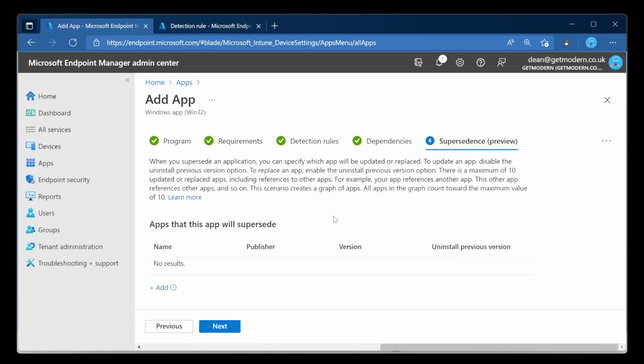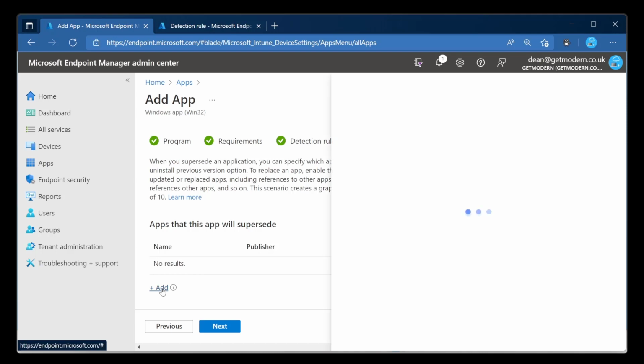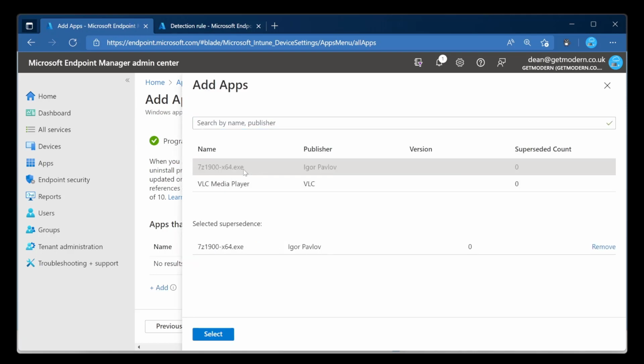We'll choose next. And this is where we've got supersedence. This is the point of this video, right? So it's possible through this concept to supersede a previous application. So if you already have 7-zip installed, for example 19.0, and we need to install the 21 version, well, we just replace it, right? So we specify that we're going to replace that application. So in the apps that this app will supersede, choose Add, choose this old version that we want to supersede,